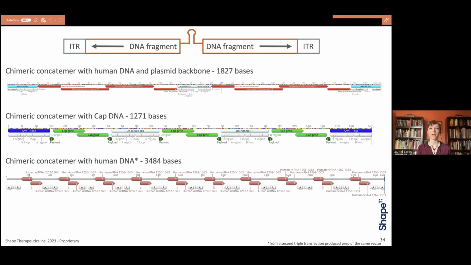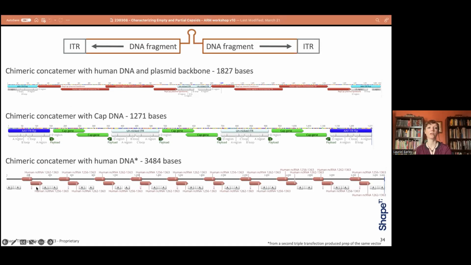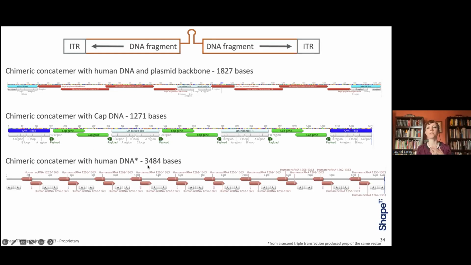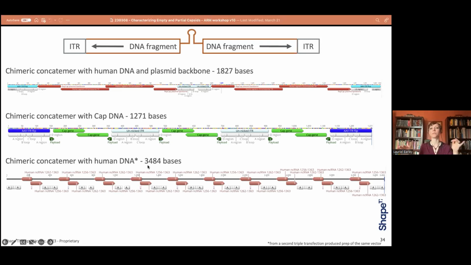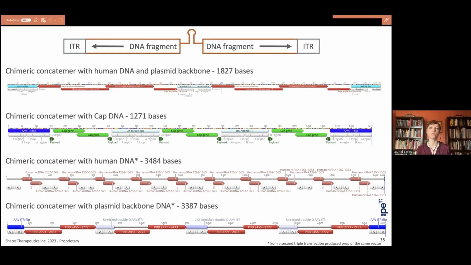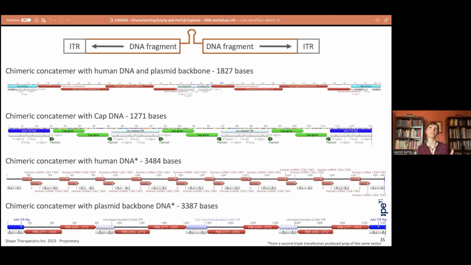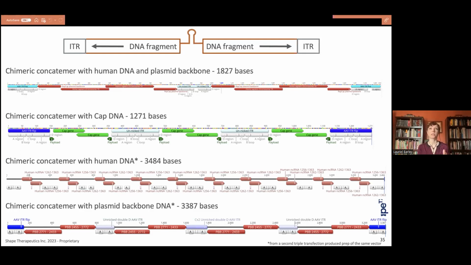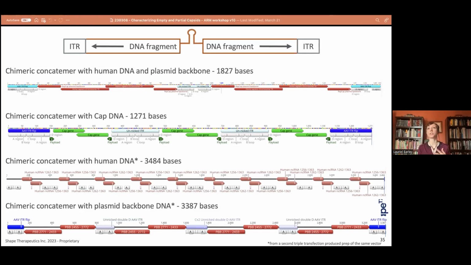We also have a chimeric concatemer of human DNA, and this is, again, the same type of thing where we see an ITR with our DNA that has a naturally occurring hairpin causing that template switch. And because this is so small, it's been concatemerized many times in one gene that now fills up to a whole genome of 3,484 bases. Same thing with this plasmid backbone as well. And I've starred these 2 to highlight that these are actually from a different prep of the same GOI, to show that this can happen across multiple different types of preps. It's not just one thing we saw in this one particular prep.